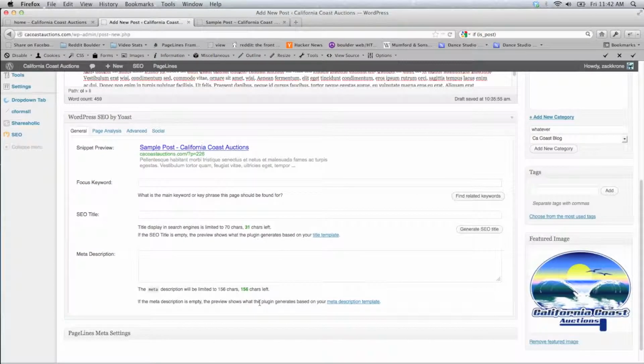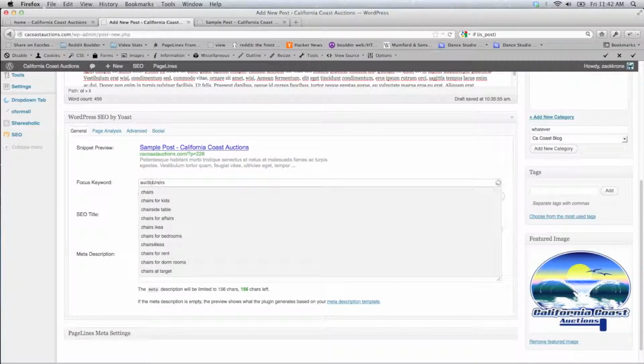The last thing to keep in mind is there's this WordPress SEO by Yoast. And what it does is it helps you optimize your page for the web. And it lets you type in a focused keyword. What you really want to do is think of a keyword that you're really trying to have people find you from. So say you did your post about sitting and having chairs. So you can put like chairs,